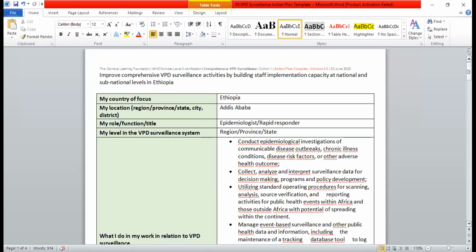Thank you so much, Hensa, for presenting your action plan to us. And remember, peers, that from tomorrow, you'll be expected to give feedback. So you can start practicing on that right now. How can Hensa improve upon his VPD surveillance action plan? Please type your comments in the chat. I'm also going to invite Anna Minta and Anidia to hold their thoughts and take note of them, so that we can listen to one more action plan. Since we are running out of time, we'll listen to Kabir Yusuf, and then we are going to get feedback for both presenters. So I'm inviting Kabir Yusuf.